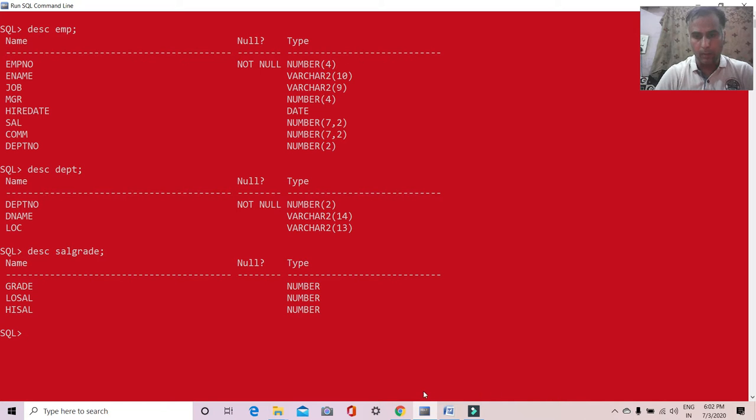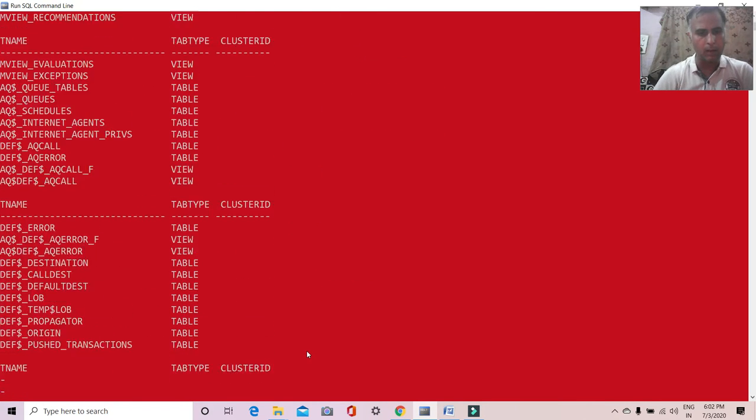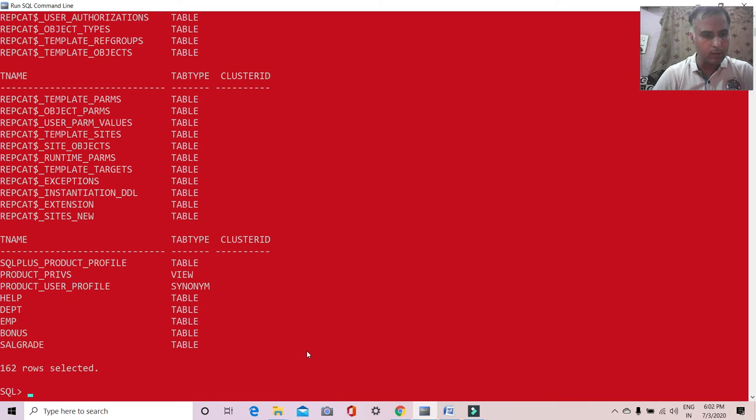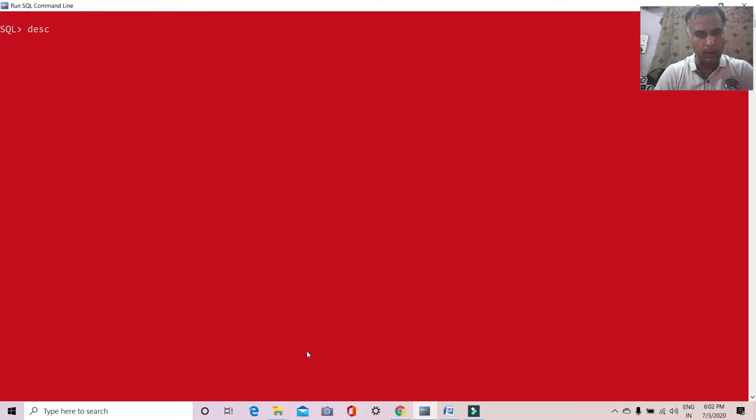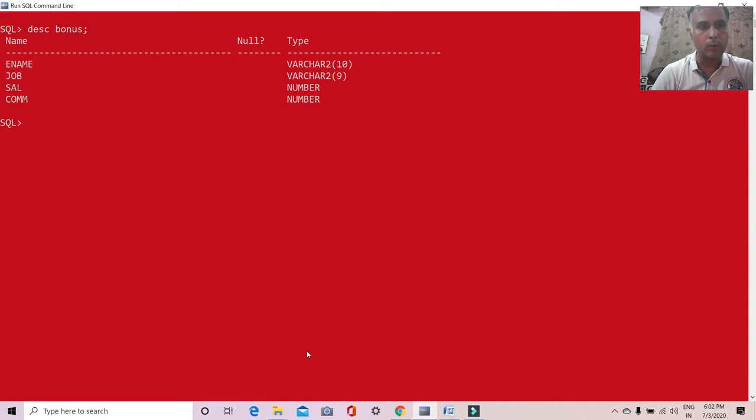One more table, that is bonus: DESC BONOUS. The table does not exist. We will check which table it was with select star from tab. The table name was BONUS. So we simply write DESC BONUS, and it will display the whole schema of the table. We will clear the screen.